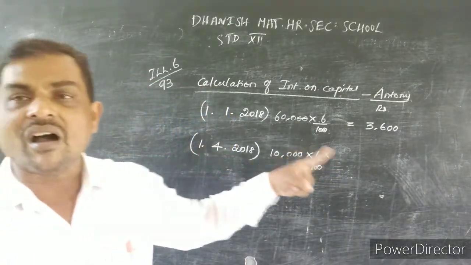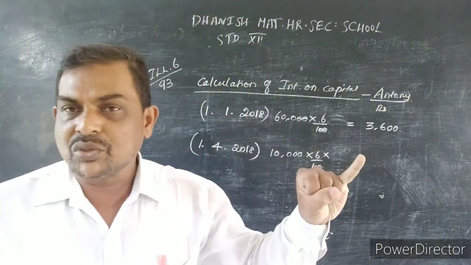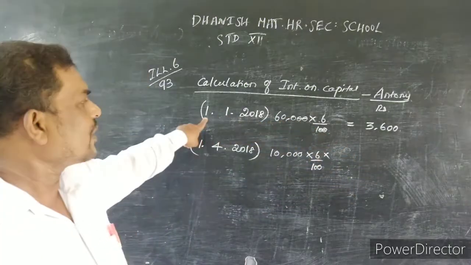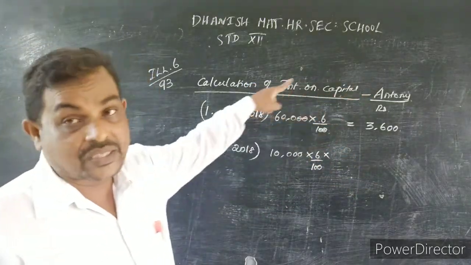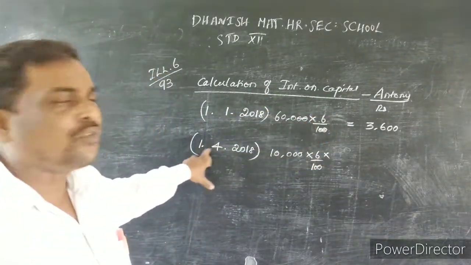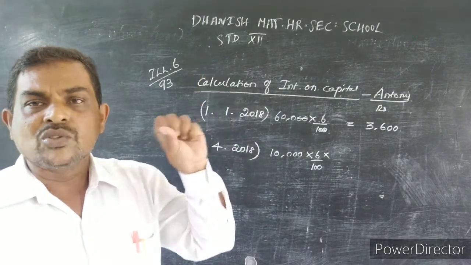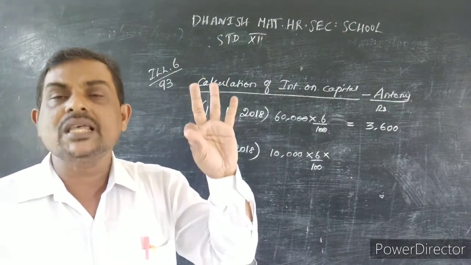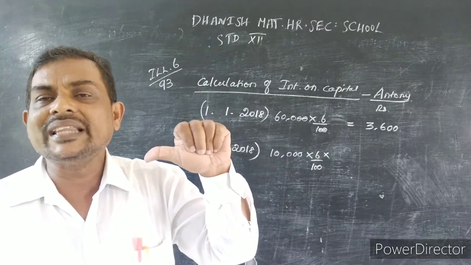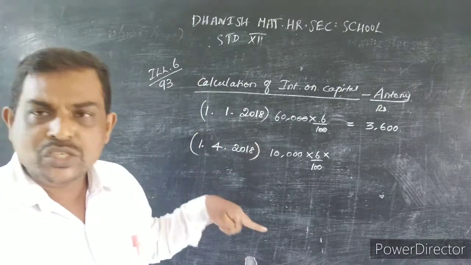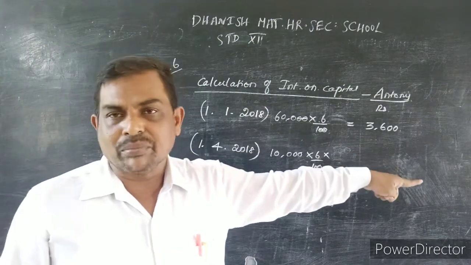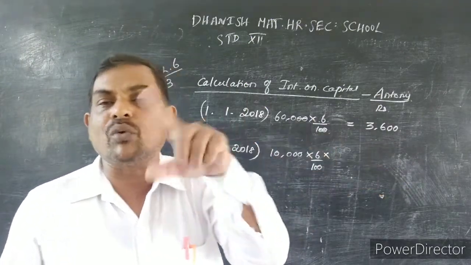But on which date does the year close? Not 31st March; here the interest should be calculated from 1st April to 31st December. For a full year it would be 6 by 100, but here for 2018, 3 months have gone. So 4, 5, 6, 7, 8, 9, 10, 11, 12. It means he will get the interest for only 9 months. Understood or not? Because he contributed on 1/4, and the accounts will be closed on 31st December, so from 1/4 to 31st December is only 9 months.